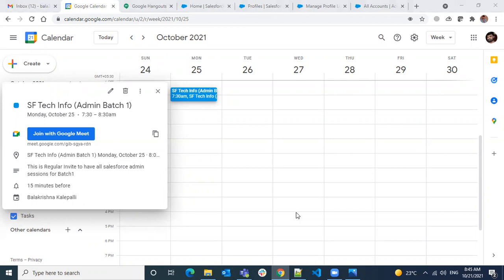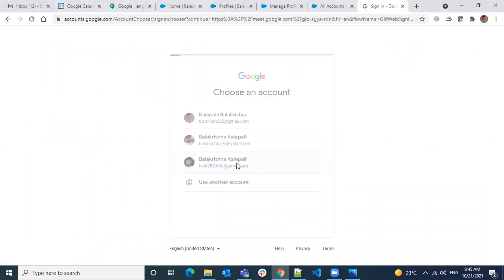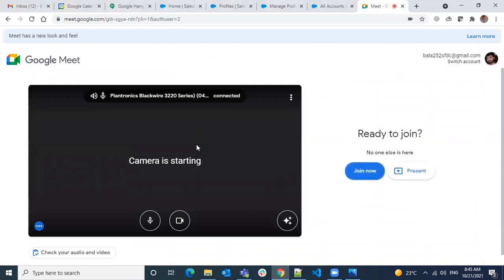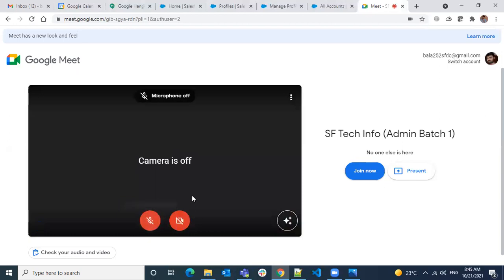I'll also open it. So can everyone try joining? Even though you are in this call, you can join that link. You don't need any app, just open it directly in the browser.